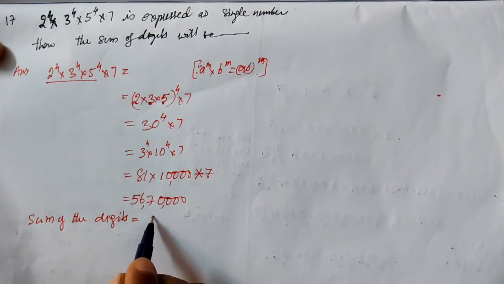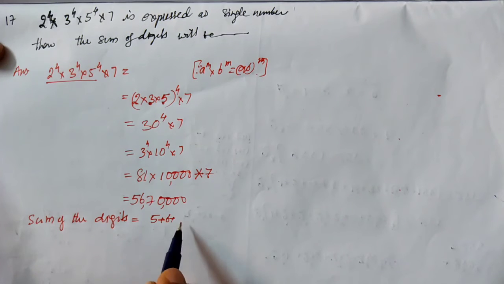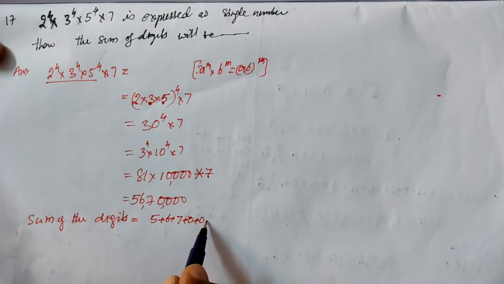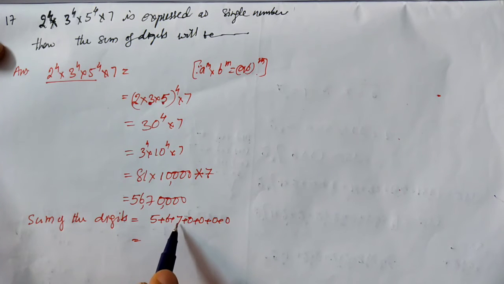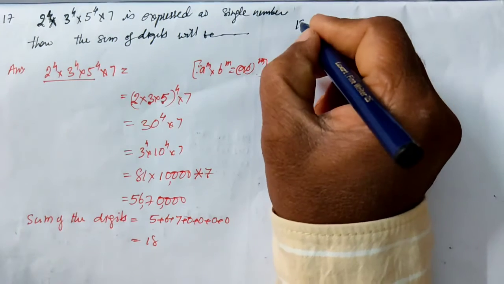So sum of the digits is equal to 5 plus 6 plus 7 plus 0 plus 0 plus 0 plus 0, which is equal to 5 plus 6 is 11, plus 7 is 18. So this is the answer. So 18th question,